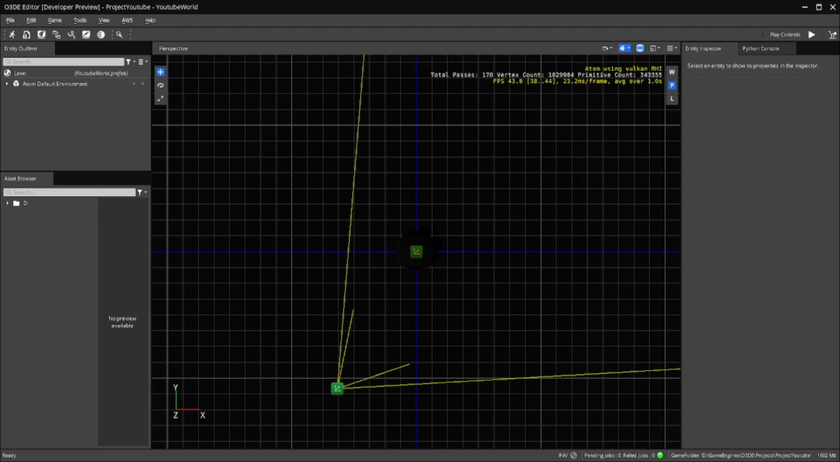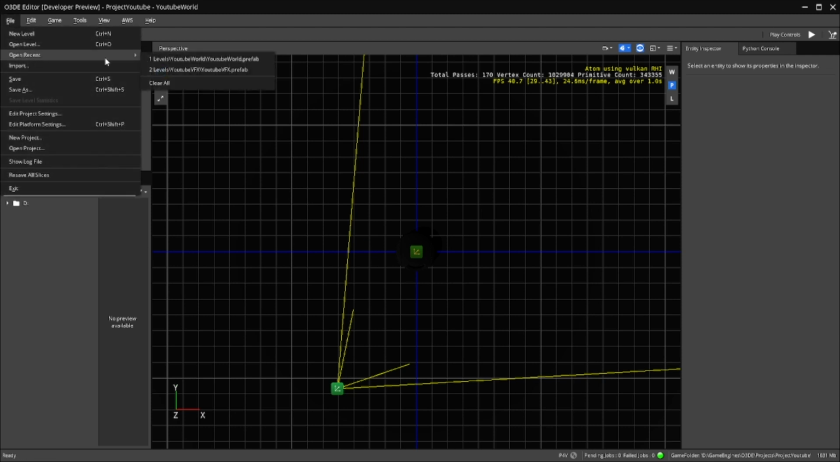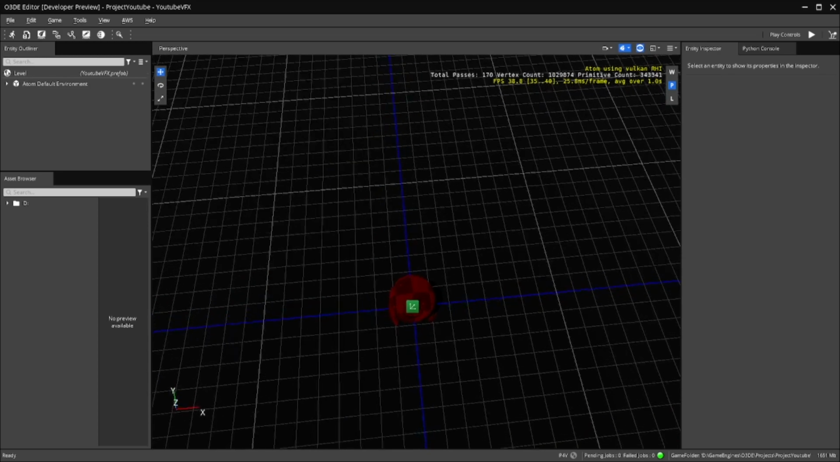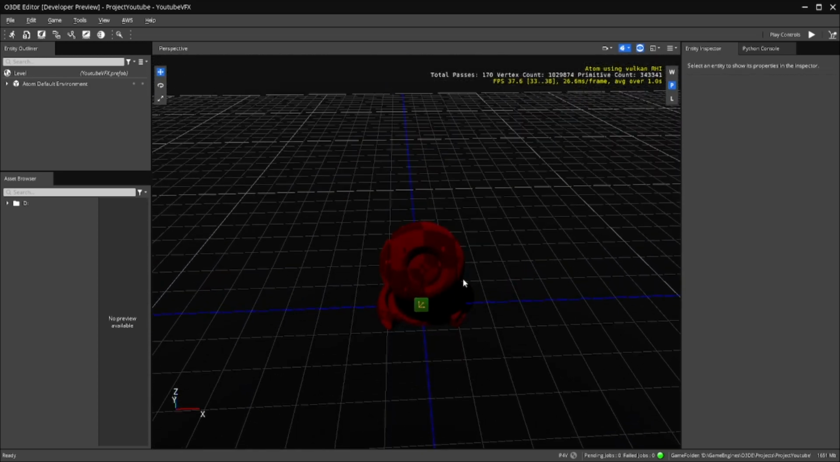So as you guys know, we use prefabs, and our levels are actually prefabs as well. As you can see here, up by level, you have YouTube world.prefab. That is my main level that I work in for my tutorials. Now, if I go up to File and go to Open Level, Recent, I have another one called YouTube VFX, which is the same level, except I just colored the shader ball a different color